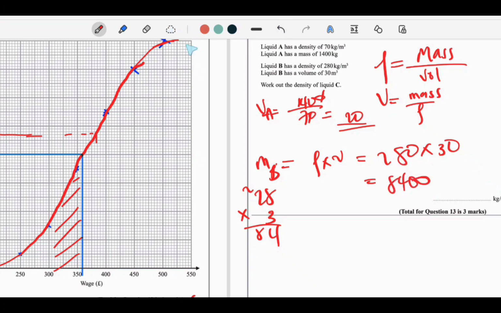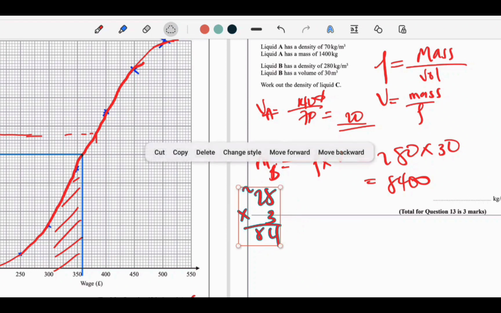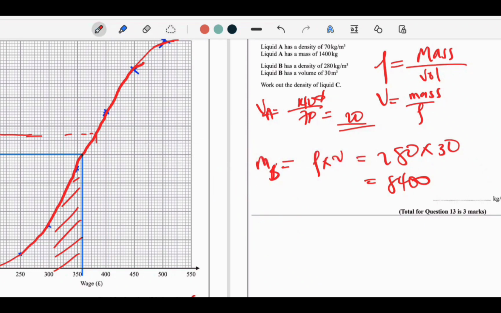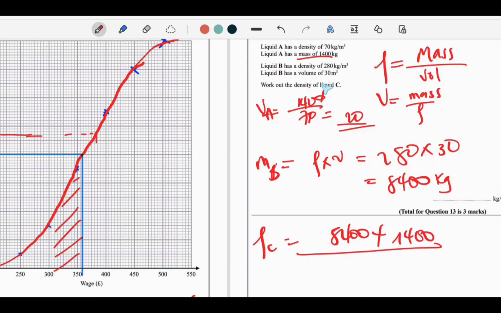Okay. Erase this. And that's in kilograms. So now the density of C will be their combined masses, so 8400 plus the mass of this one, which was 1400,